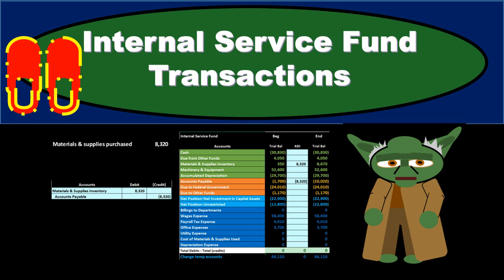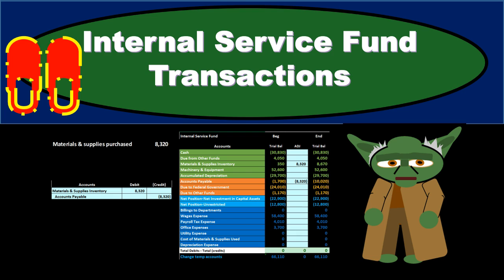In this presentation, we will go through an example problem related to the internal service fund, recording transactions in an internal service fund. Recall that the internal service fund is a proprietary type fund. When we think about the fund types, we have governmental type funds, proprietary type funds, fiduciary funds. The governmental funds typically being the largest grouping of funds, them using a modified accrual basis method. The proprietary funds, which the internal service fund is a part, use a normal accrual basis, and they're going to